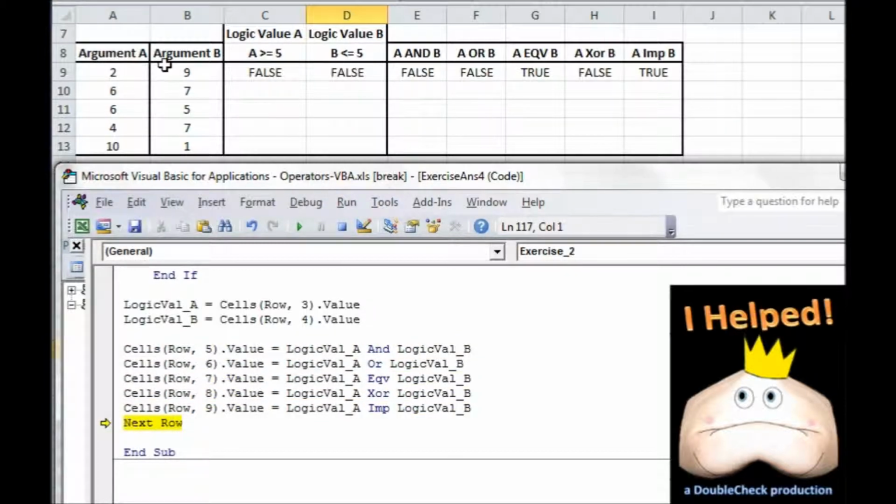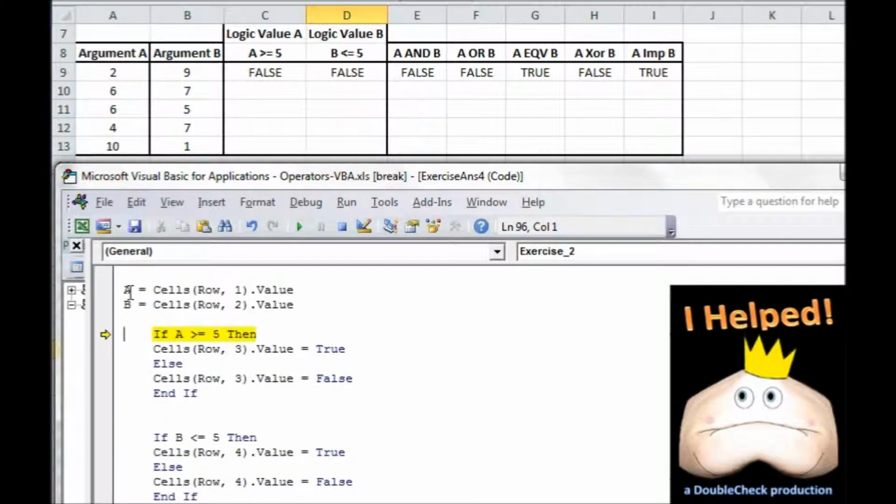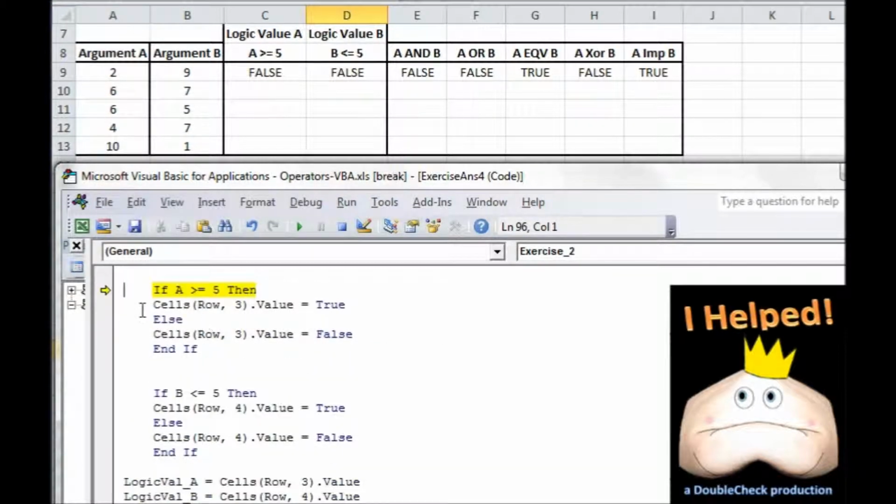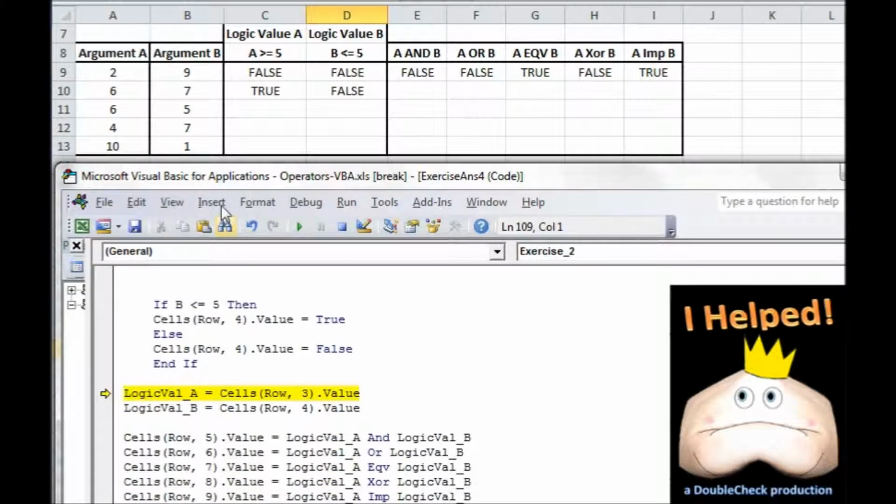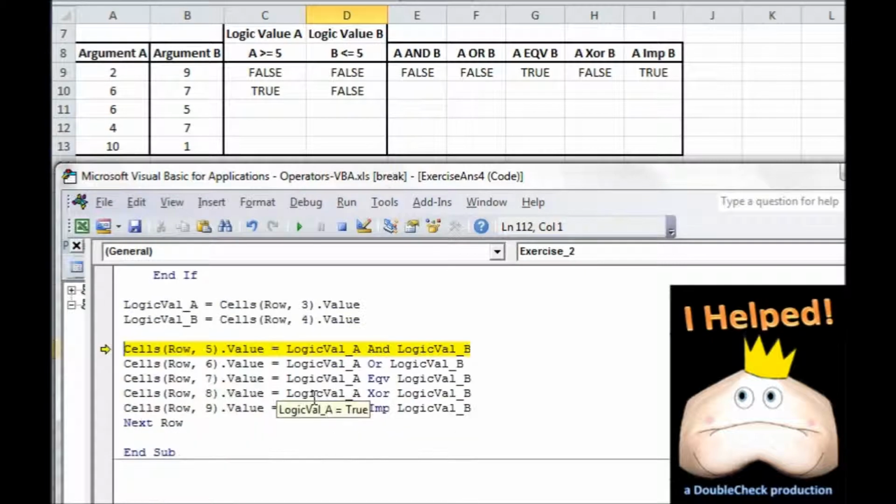Okay, I'm going to do this for our next set of arguments. So now we have 6 and 7. Again, we have our conditional statements. Is A greater than or equal to 5? Is B less than or equal to 5? We see how it's printed out up here. True and false. I assign these values now to our logical variables that I've created, and then I run them